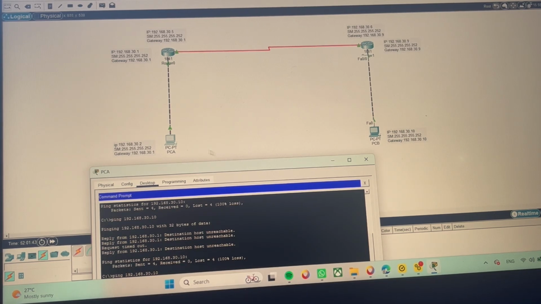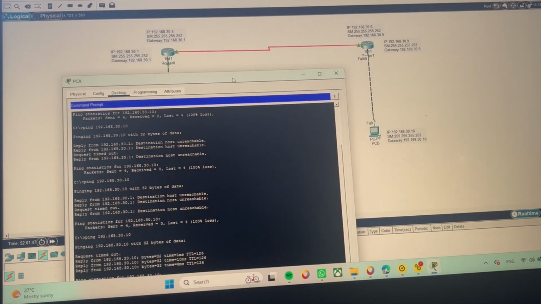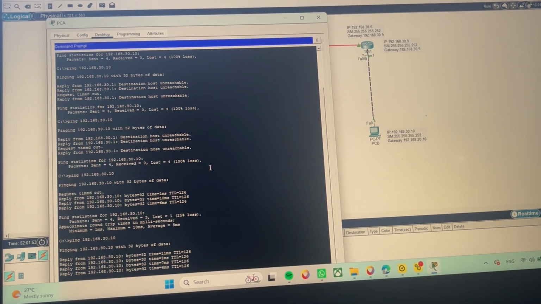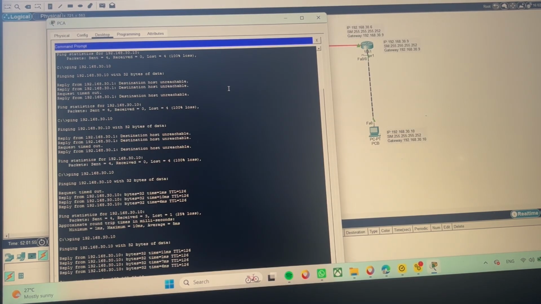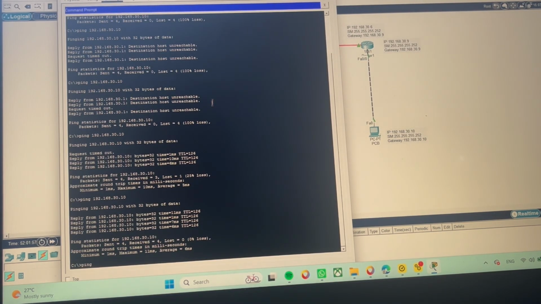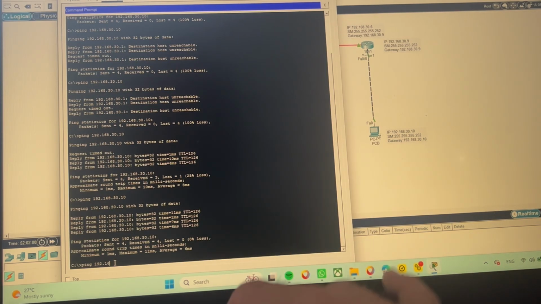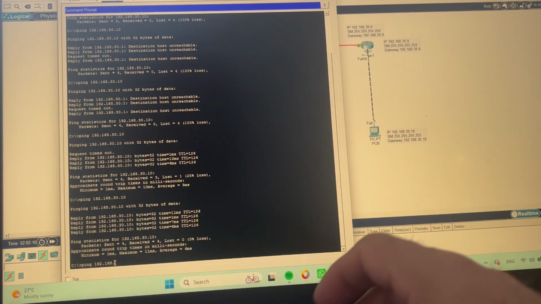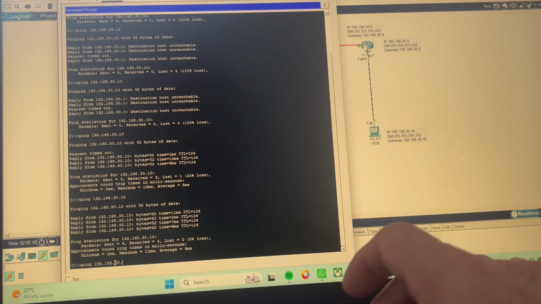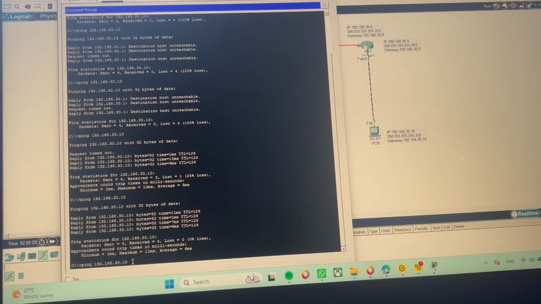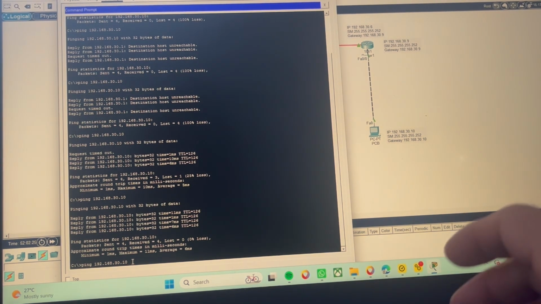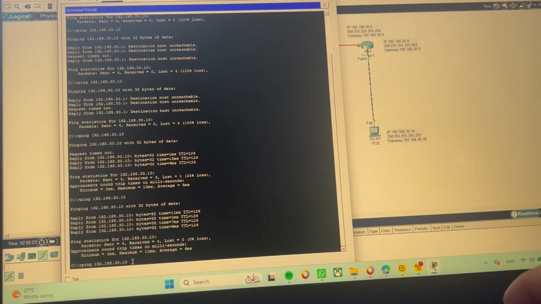For that, we open the desktop, open the command prompt, and we ping the next IP address. Test the connection 192.168.30.10. So back here we go to check again, enter,